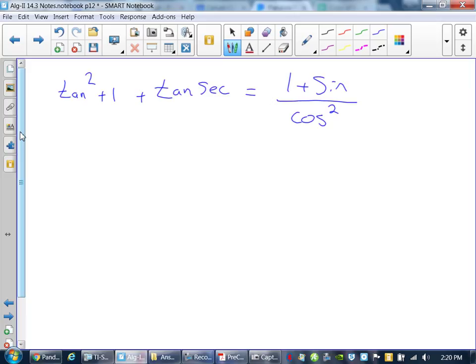When I start to see stuff like this, again, I might start thinking, all right, I've got tangents and secants. I can write sines and cosines if I had to. But since I have a tangent squared, and there's a secant in it, why not rewrite the tangent squared as a secant? So tangent squared plus 1 is secant squared. I'm going to go to that right away, because then you get